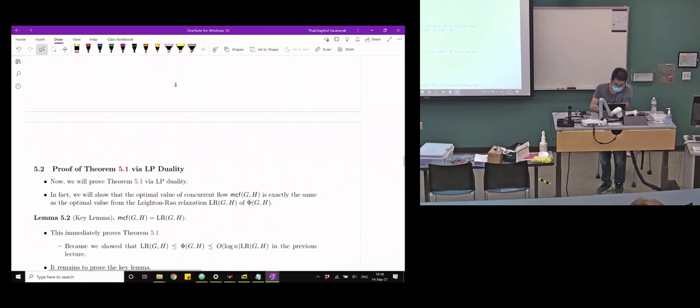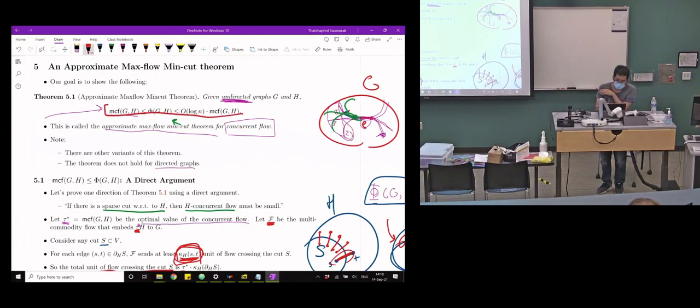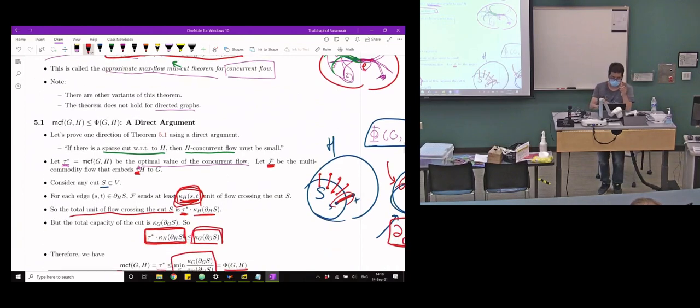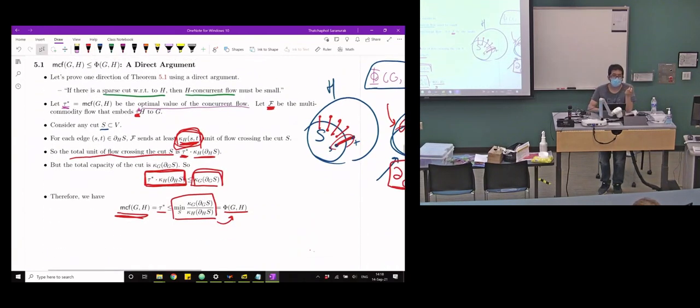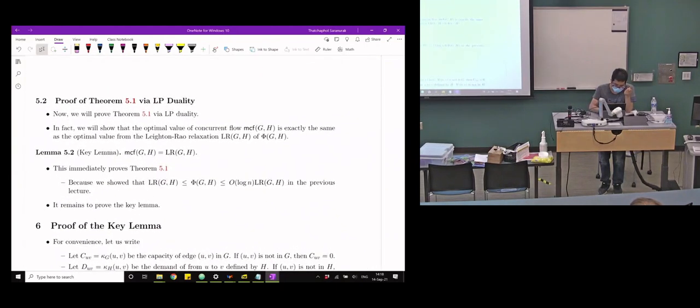All right. That is just one direction of the theorem. Now we will prove the other direction. Actually, the way we will prove it is to prove the whole thing in one go, but using an indirect argument, which may not be as intuitive as this one. What we will show is that the optimal concurrent flow